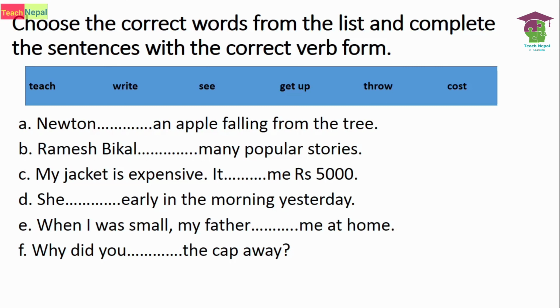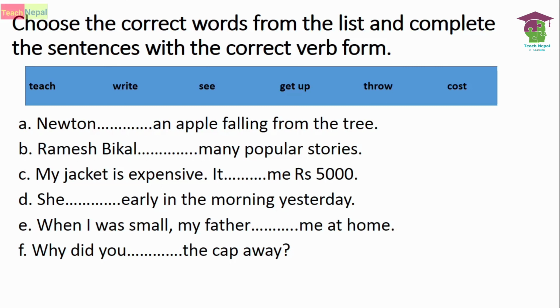In this way, let's see which one is suitable then. When I was small my father dated me at home. My father might be looked at me or like that, yeah, but it's not here. Number F, why did you did the cap away? Why did you did is already there, now you need to write throw itself is the